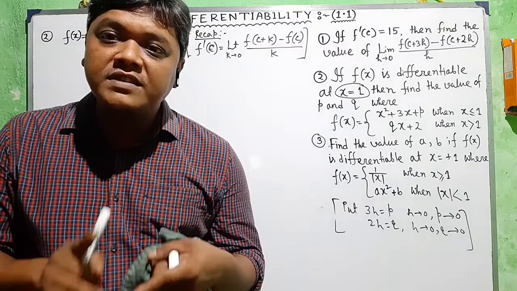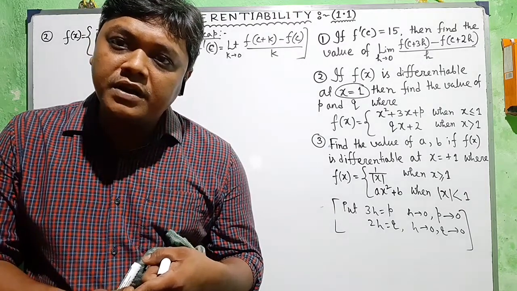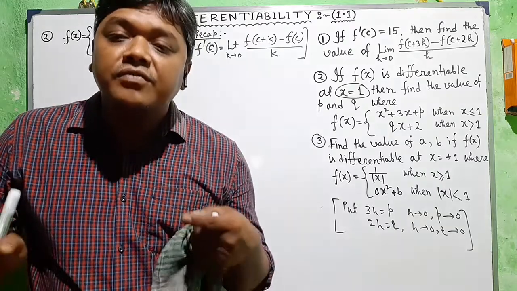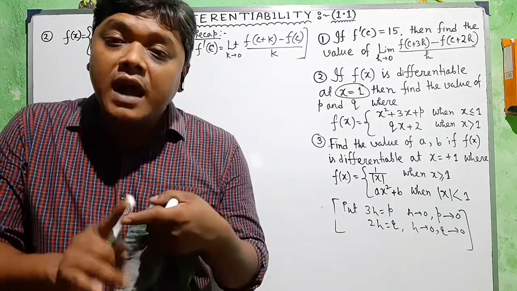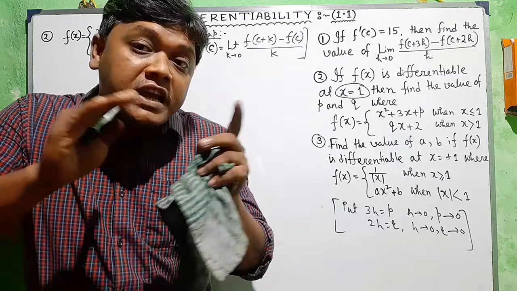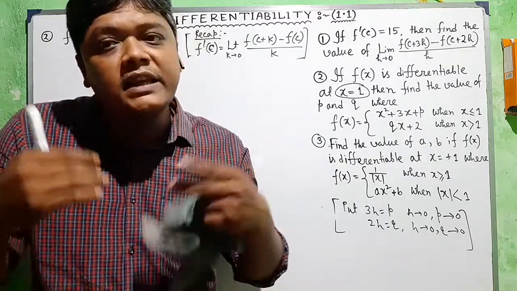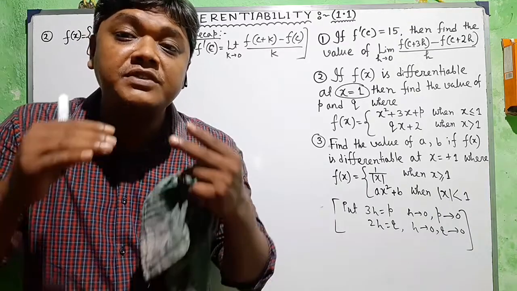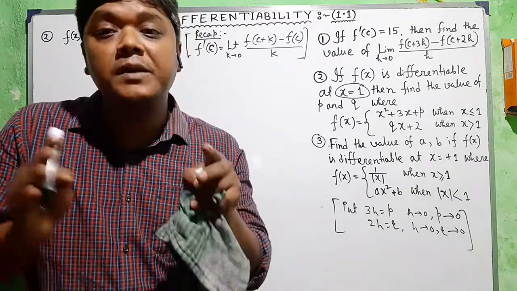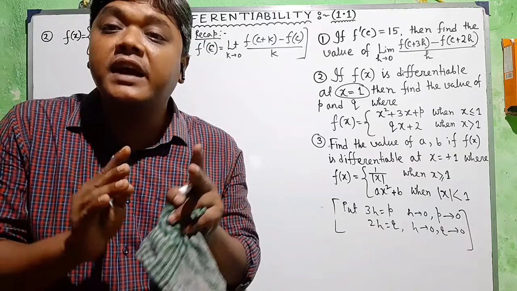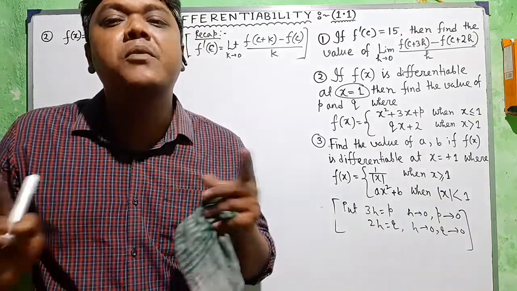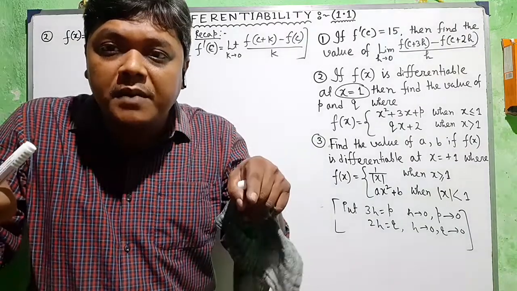That means first the function is defined at that point, secondly the function is continuous at that point, and the function is differentiable. তার মানে কি আমাকে ফাংশনটাকে অন্তত সেই কন্ডিশনটাকে ফুলফিল করতে হবে, সেখান থেকে একটা pq এর রিলেশন পাবো। সেকেন্ড পার্টে ফাংশনটা ডিফারেন্সিয়েবলের শর্ত মানে রাইট হ্যান্ড লিমিট এবং লেফট হ্যান্ড লিমিট সমান করে সেখান থেকে একটা pq এর রিলেশন পাবো, দিয়ে সেই দুটো রিলেশন থেকে আমরা সলভ করে p এবং q পাবো।